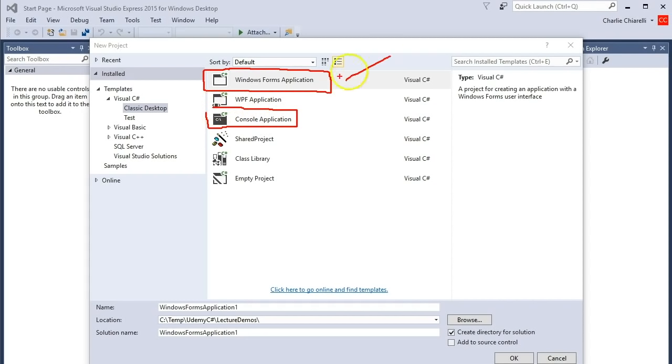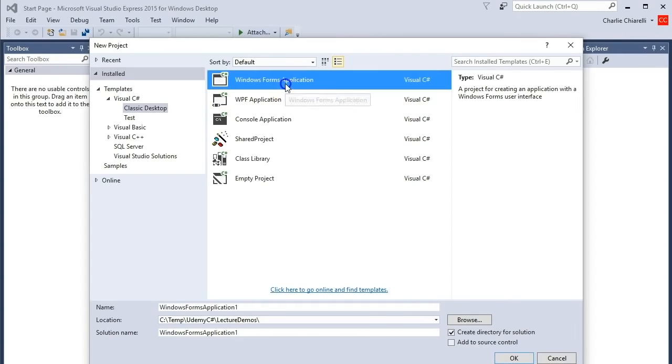I'm going to go straight to the fun stuff, the cute little things that you can see on screen, because we're very visual. We're going to do a lot of user interface applications. So we're going to pick that one 99% of the time. Okay, so we're just going to gently click on it once first,